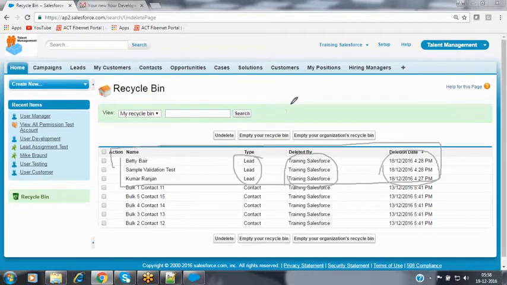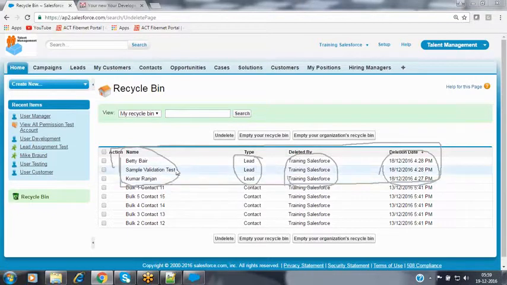But now, in total 26 lead records are inside my lead object, and from there, 5 lead records are converted, and the remaining 21 are unconverted lead records. From the 21 lead records, I have removed 3 lead records from my lead object right now. So now I want to fetch the data from the lead object where not only the records available inside the object, I would like to fetch the deleted records also. These 3 deleted records also have to be extracted here. Then how can we perform this operation? Now we'll see practically.